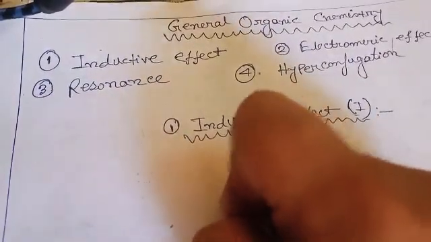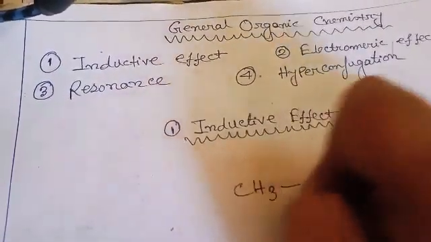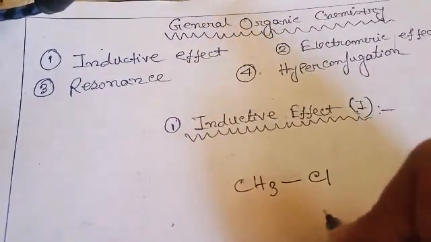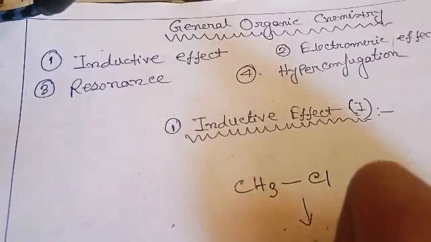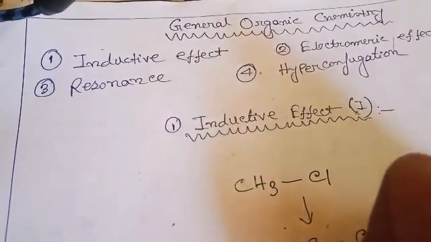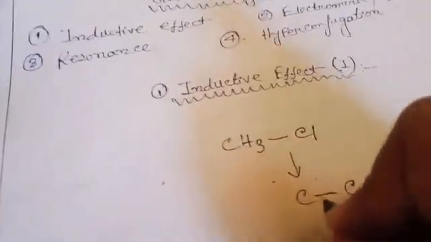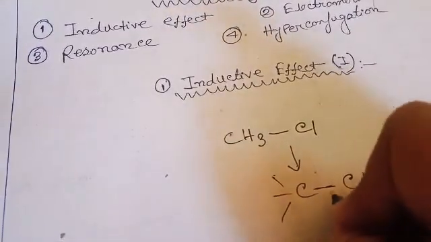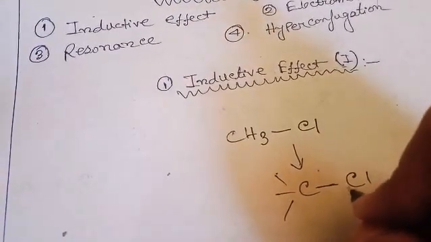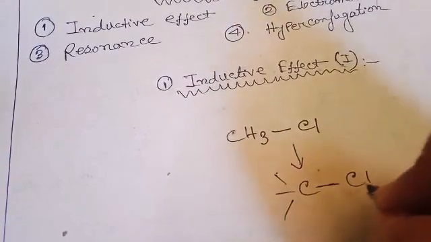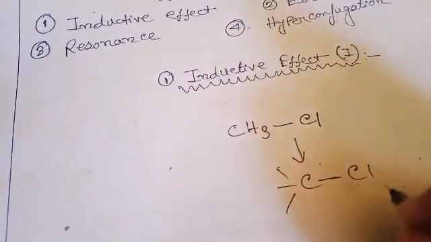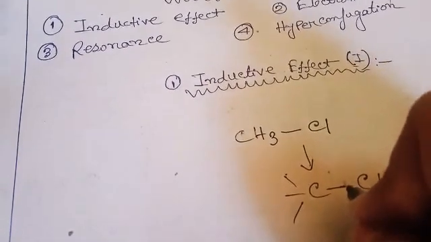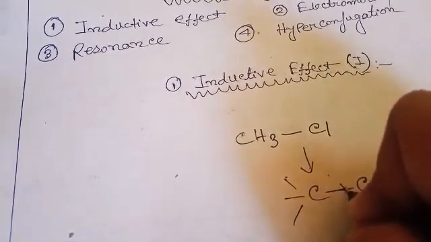Let's suppose we take a compound, CH3Cl. We all know that the bond formed between the carbon and the chlorine is a covalent bond, because both atoms are sharing their electrons to form this bond. But what actually happens is, since chlorine has greater electronegativity than carbon, the shared bonded pair of electrons is pulled towards this direction,